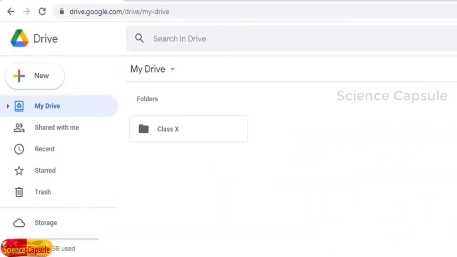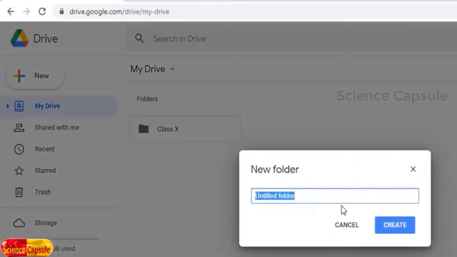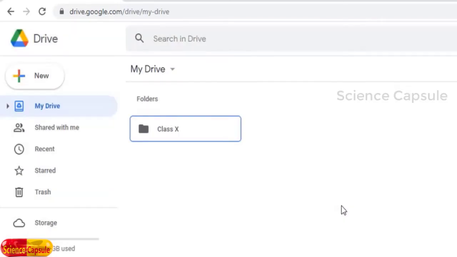So I create one folder, that is class 10, in which all my digital content of class 10 will be stored. If you have more classes, for each class you create one folder, then click on create. When I click on the create button, a folder has been created. You see here class 10. In order to create another folder, right click on the space, then click on new folder. Here I enter class 9, then press enter or click on create, then you will get two folders created, class 9 and class 10. Now let us see how your digital materials can be stored and how they are retrieved or shared with your students. That is very important.